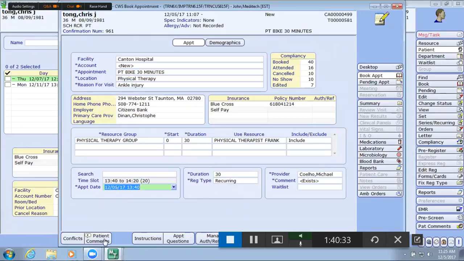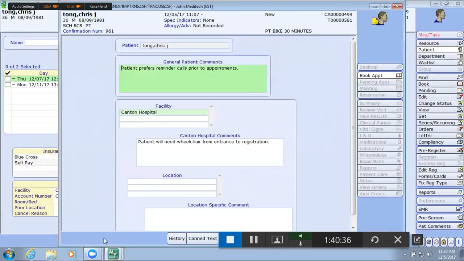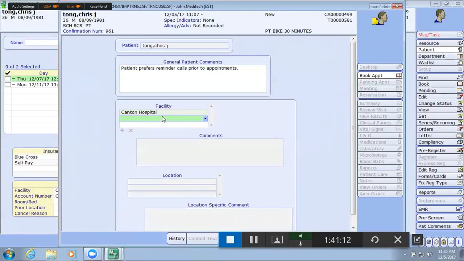The next button is the patient comments button. And again, these are patient level comments that are not specific to this appointment. The general patient comments at the top of the screen here are comments that will apply to all appointments, such as the patient requests reminder calls prior to all appointments. And then there's also the ability to define comments based on facility and location. So for example, if our hospital had more than one facility, we could pull in the individual facility and define comments,